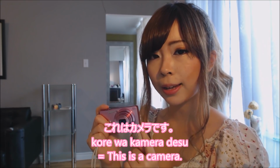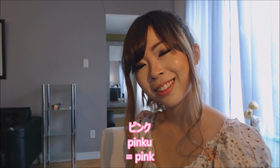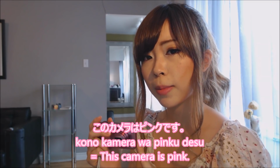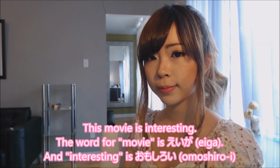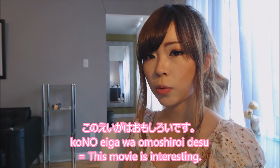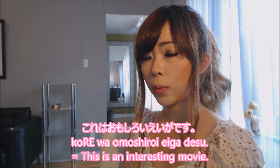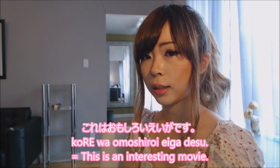これはカメラです。But what if I want to say this camera is pink? Pink is pink, so it's easy. このカメラはピンクです。What about this movie is interesting? この映画は面白いです。What about this is an interesting movie? これは面白い映画です。